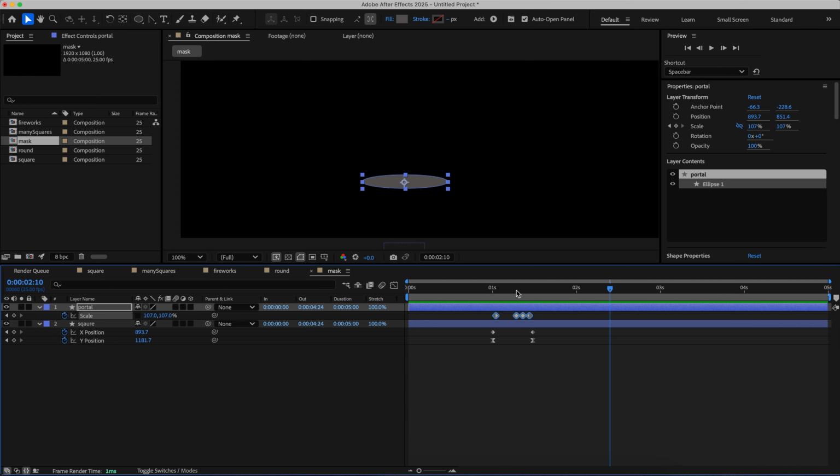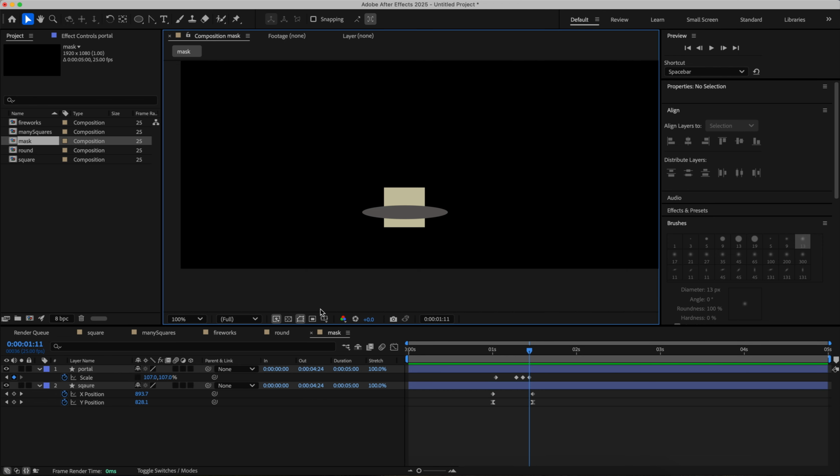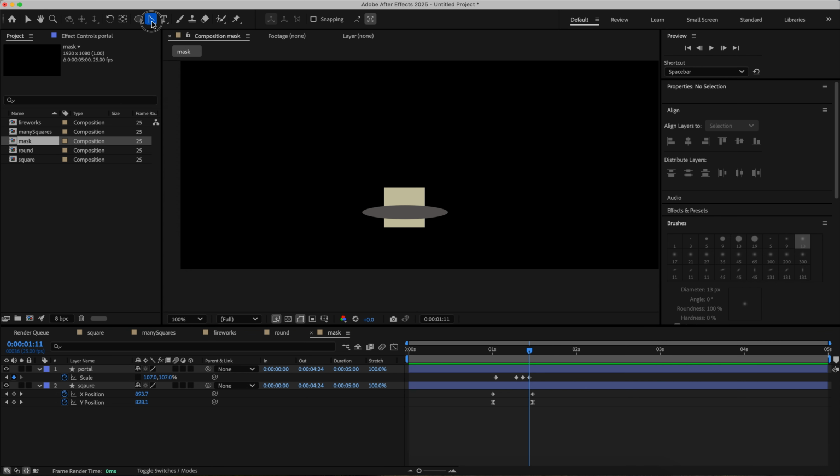But you can see it is not really a portal. So actually I need to use the mask to just show part of my square shape. So before I draw the mask, I click on the empty space. So I use the pen tool